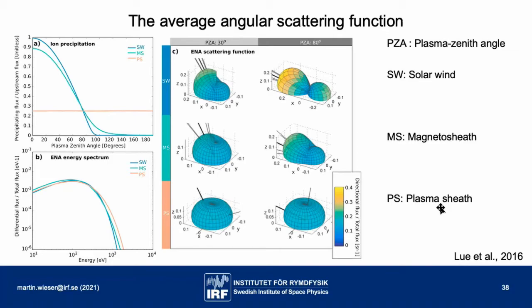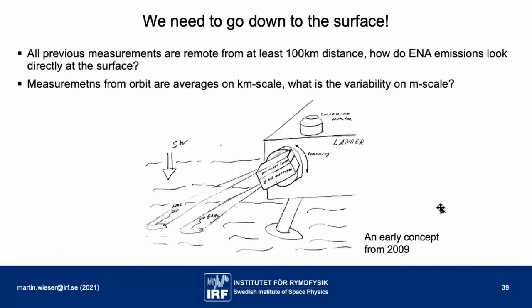This data is obtained statistically from orbit, and of course there remains the question, is this really the picture as it looks on the surface, or are the particles changed in some intermediate layer between the surface and the 100 or 200 kilometers altitude the spacecraft observes? And to address this question relatively quickly, after the Chandrayaan mission